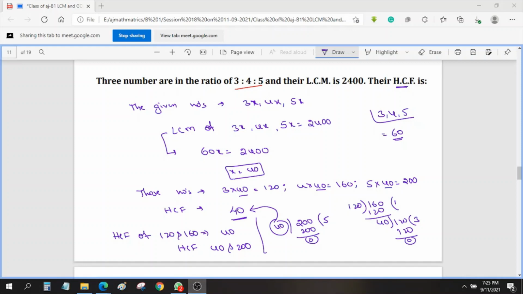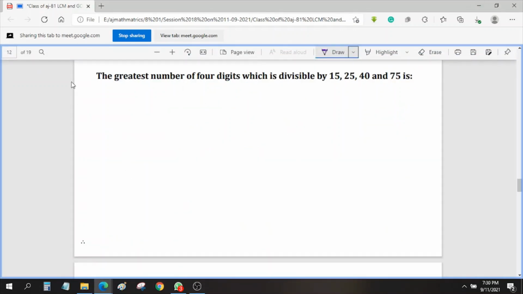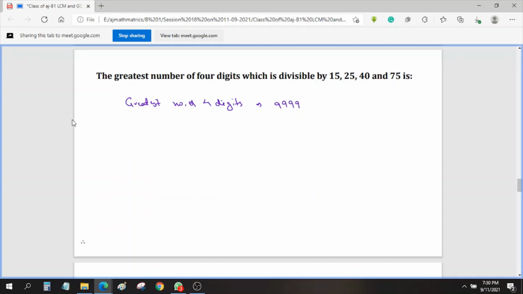Now, the greatest number of 4 digits. Okay, so first we need to think about the greatest number of 4 digits. So what is the greatest number of 4 digits? That is 9999. Instead of checking each and every number whether it is divisible, we just need to check it, because we need to find out the common